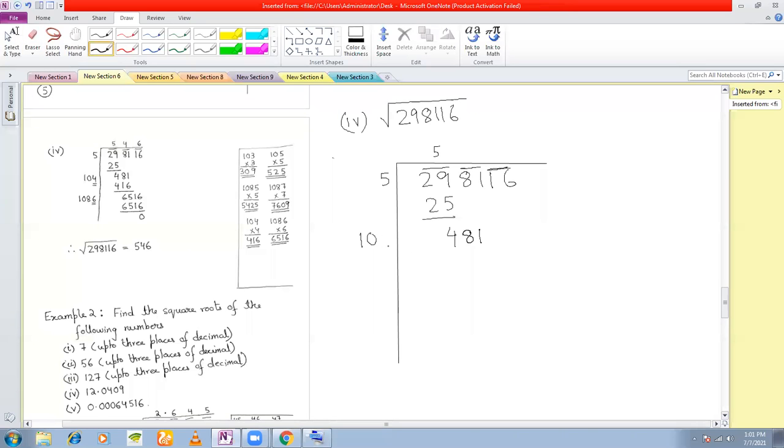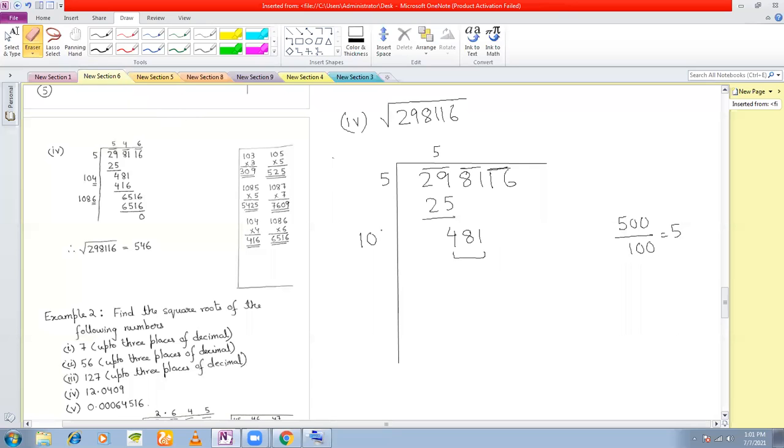Now what you do is, you need a digit here. What digit should I insert here? So try with a 0 first. 481 is very close to how much? 481 is very close to 500, right? And if you put a 0 here, this becomes 100. So you get 5. So that means either you have to put a 5 here, or you can put a 6 here, or you can put a 4 here. I don't know. I will try. But the number has to be close to 5.